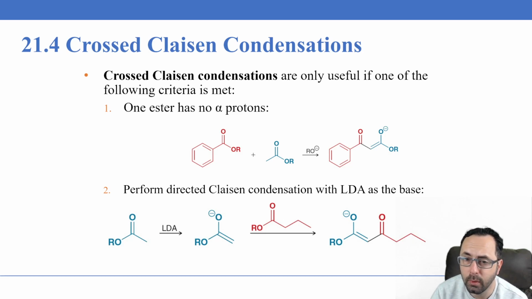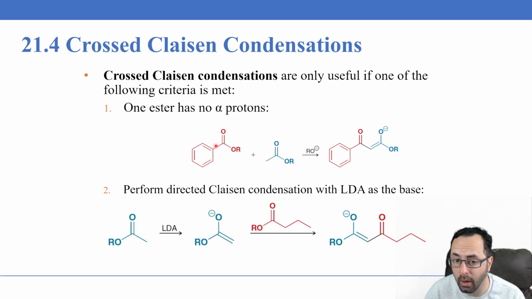We can also, as we did with crossed Aldol condensations, do crossed Claisen condensations, but they're only going to be useful if we meet one of the 2 following criteria. First, the ester has to have no alpha proton. This is directly analogous to the crossed Aldol reactions. We want to know exactly, in the first step, what ions are formed as intermediates, and so we don't want to have to worry about deprotonation of the wrong alpha